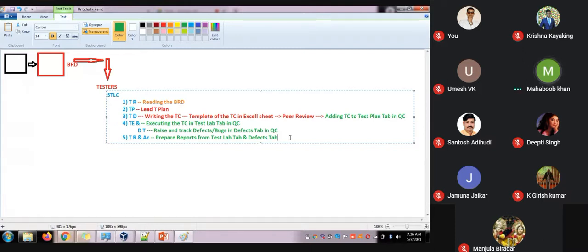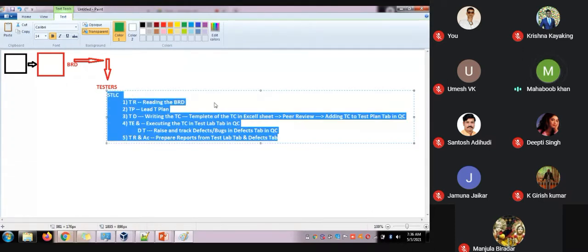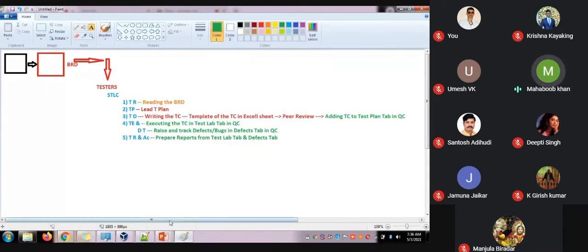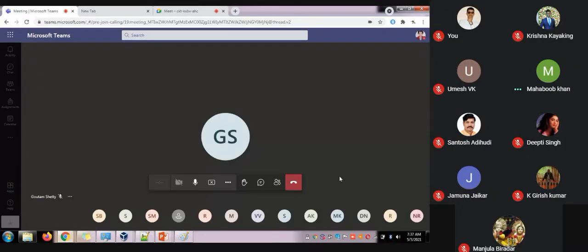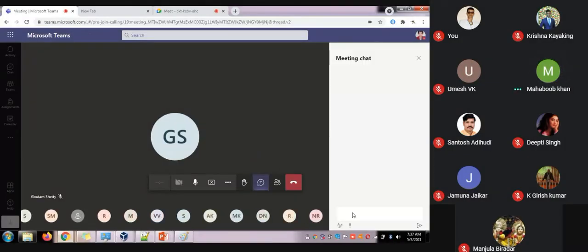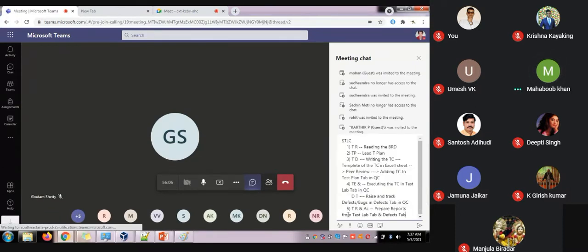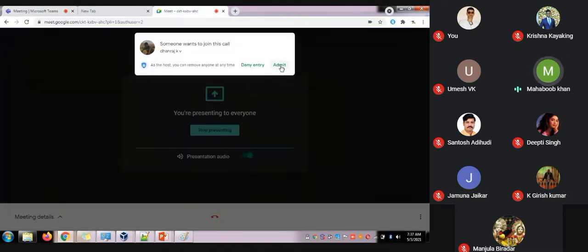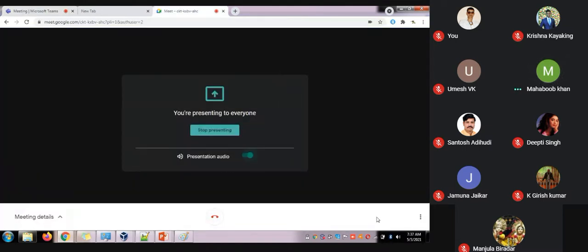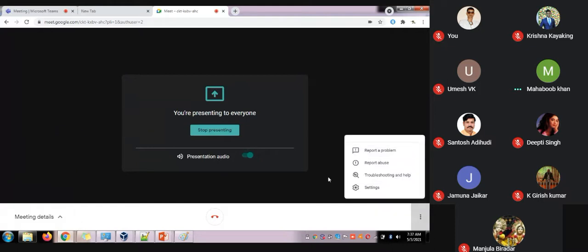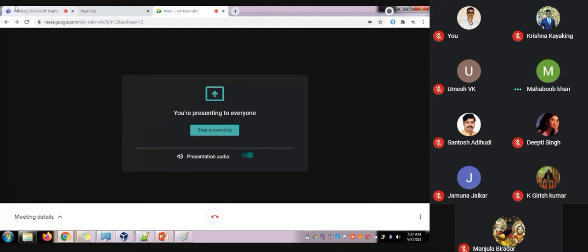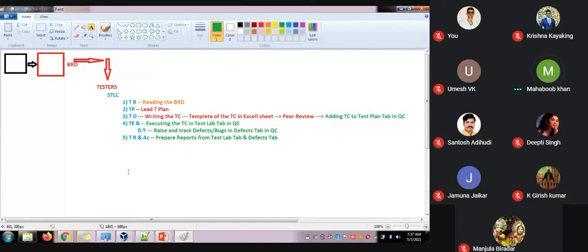So whatever you are doing here, you will be preparing each and every process in a document. If you want, you can take screenshots of this. This helps you a lot. Paste them here. Folks who are present can take the screenshot from this. So you have taken the screenshot from here. Okay, so let us see each and everything in practical terms.